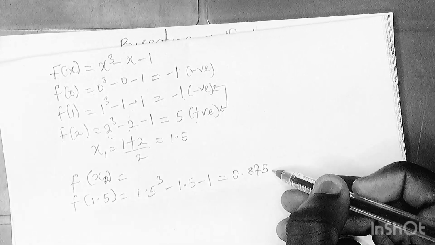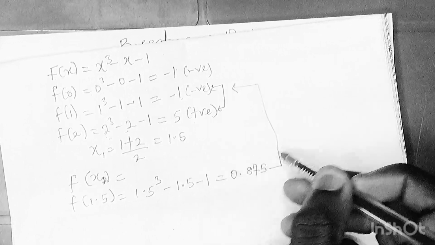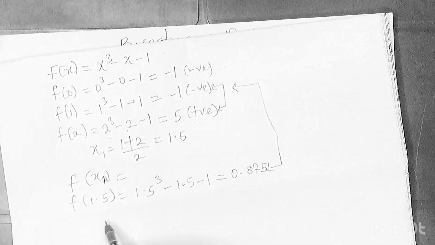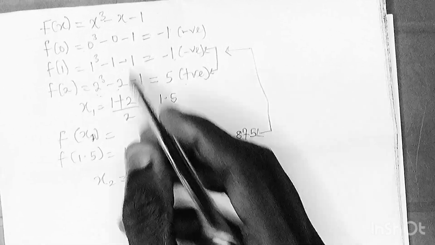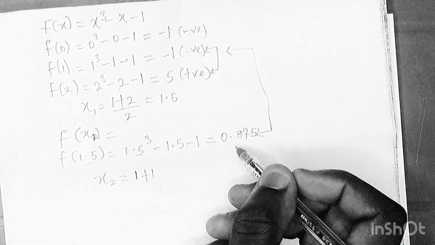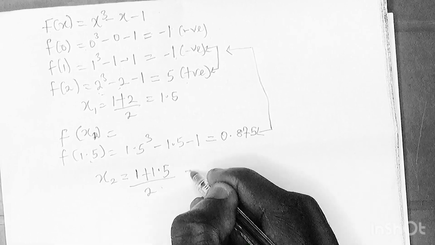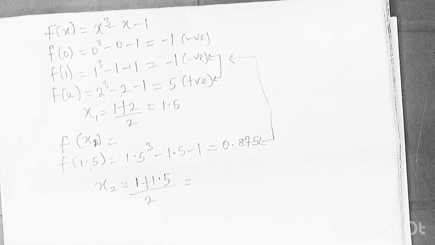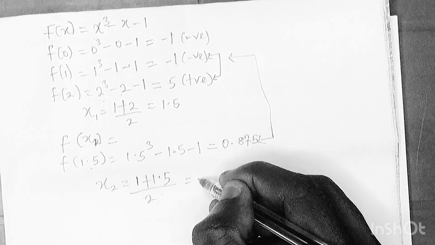So that means I'm going to use this and this. I get what I'm saying now. So what am I going to do now? My x2 is going to be 1, which is this, plus my 1.5, which is positive. So 1.5, and that will give us 2.5 divided by 2, and 2.5 divided by 2 will give us